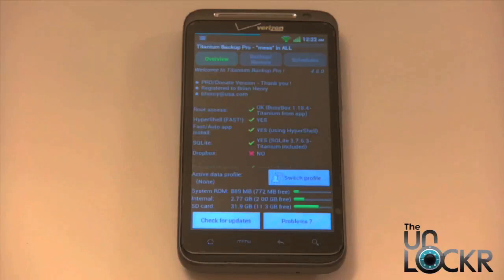First thing we need to establish is that this can only be used on rooted devices. So if you've recently purchased a device, you've got it set up the way you want it, and now you want to go ahead and root it, Titanium Backup is not going to be used to back up your stock configuration so you can restore it after you're rooted. So unfortunately, that's the one thing that Titanium Backup doesn't do, is back up your apps before you're into a